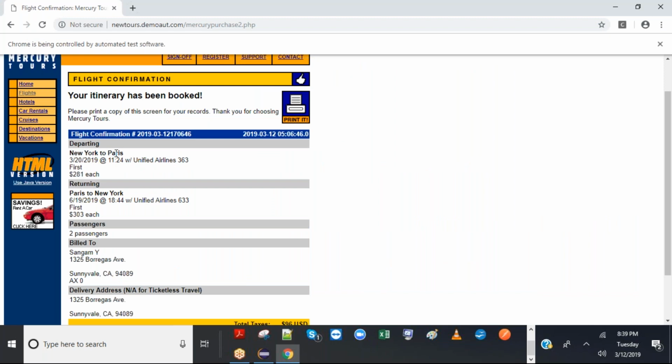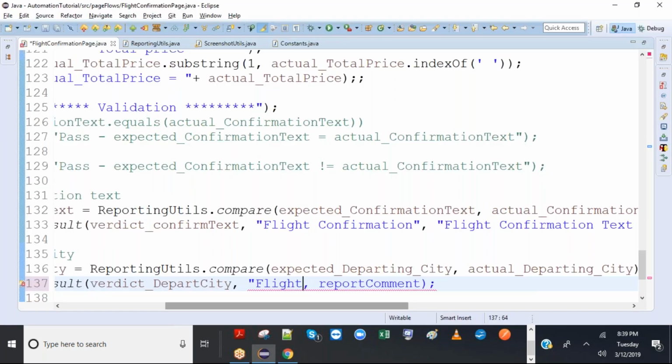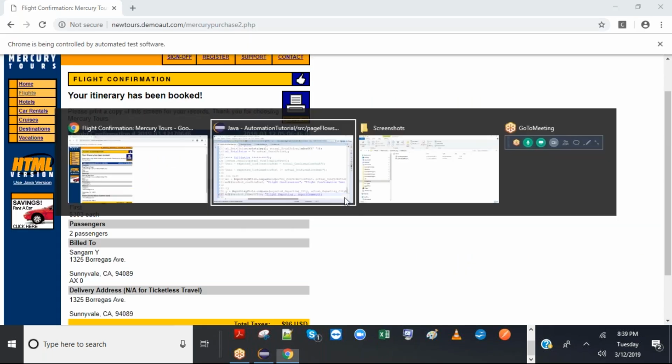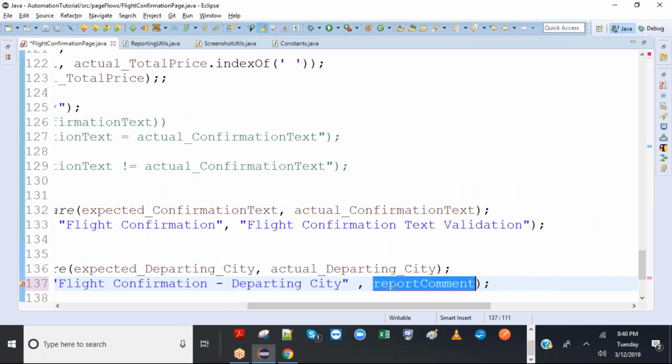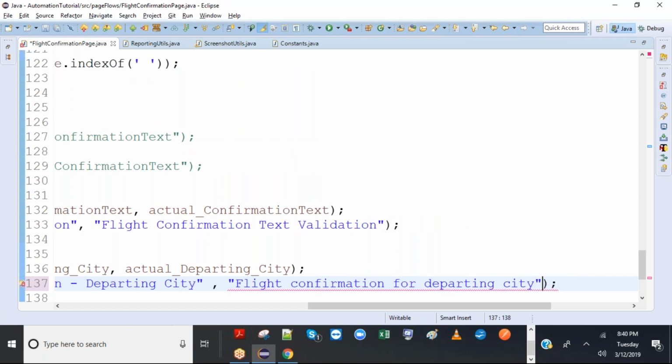So that's flight departing city. It's in the flight confirmation page last. So let's put flight confirmation departing city. Confirmation for depart. You can put whatever you want. I'm just putting the same thing here. It's dummy.